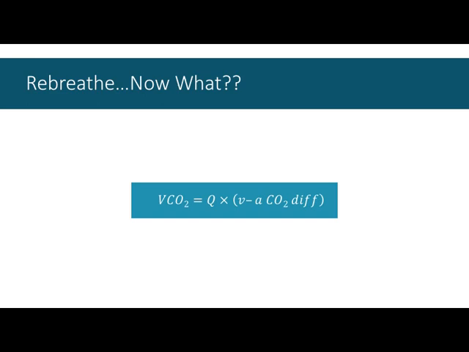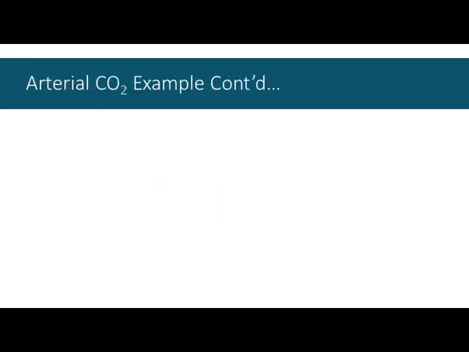VCO2 is easy. We looked at that on Thursday. It's often given to you. And we were almost done with the arterial CO2 contents. We had calculated arterial CO2 pressure, and we were converting that to contents on Thursday when class ended. You won't get contents from the metabolic cart itself. You might get pressure, or you might get percent. I'd like you to start with percent and work your way through the calculations like we did, but percent doesn't matter. We need pressure